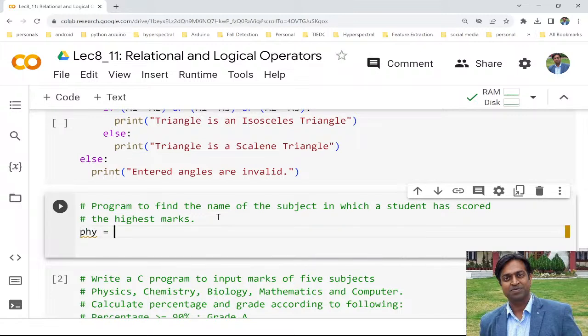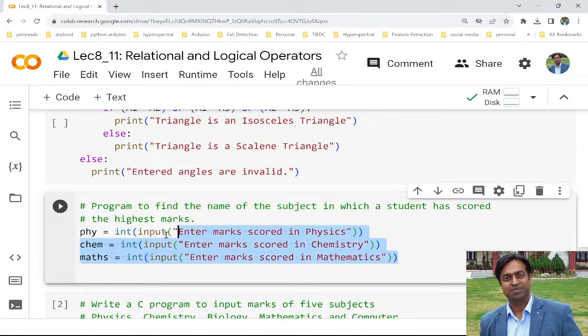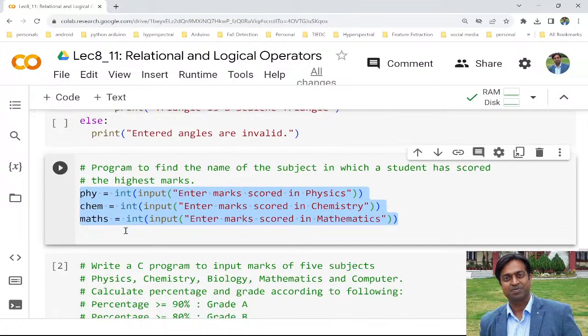So first we will take the input: enter marks scored in physics, and similarly this is for chemistry and then for mathematics. So with the help of this, we will be able to get the marks scored in physics, chemistry, mathematics,